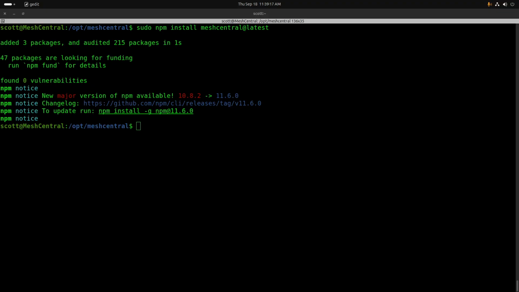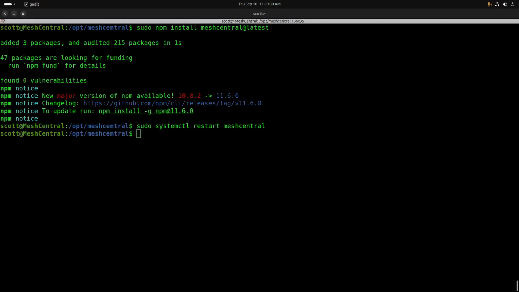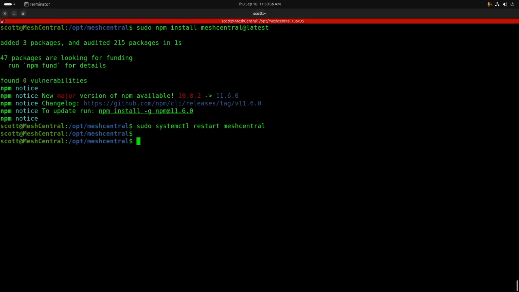And then assuming there was a new version, we'll want to go ahead and restart our MeshCentral service with the sudo systemctl restart MeshCentral. If you want to see what version of MeshCentral you're running, you can use the command npm list MeshCentral. And you'll see here that we're running version